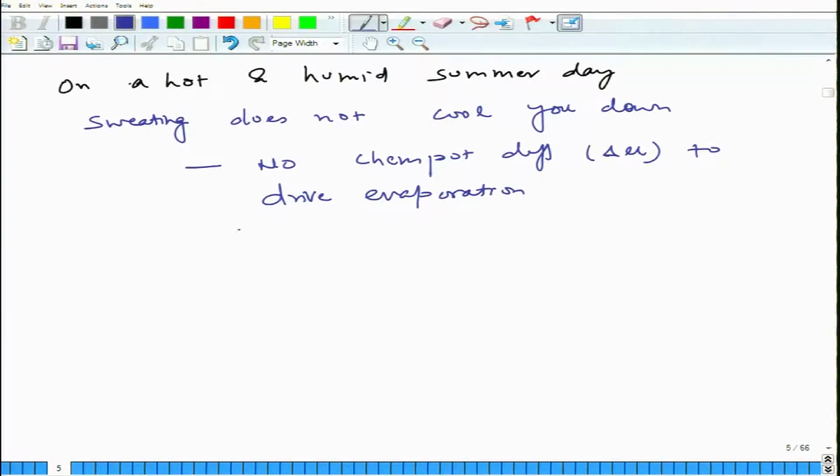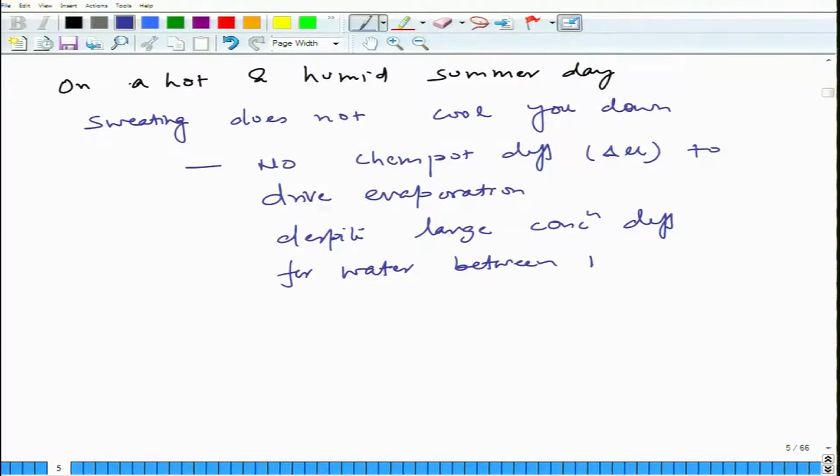Now this is despite the fact that there is a large concentration difference for water between the wet skin and air, okay. And thus it is not just concentration difference which is responsible for evaporation, but it is basically a chemical potential difference, okay, and thus chemical potential plays a significant, fundamental role in thermodynamics, similar to temperature and pressure, okay. So let me now complete the differential relation of